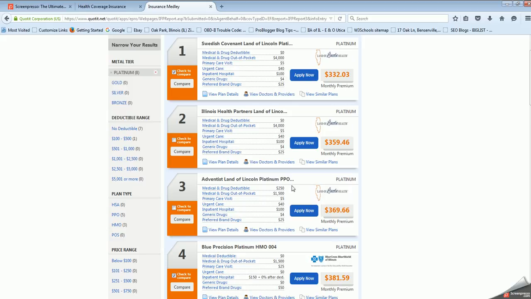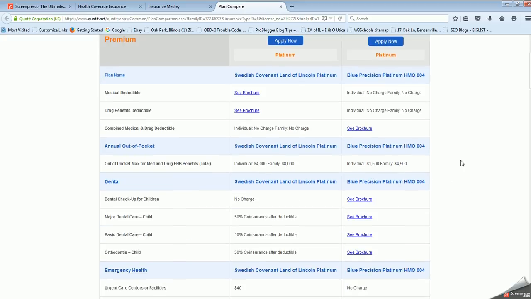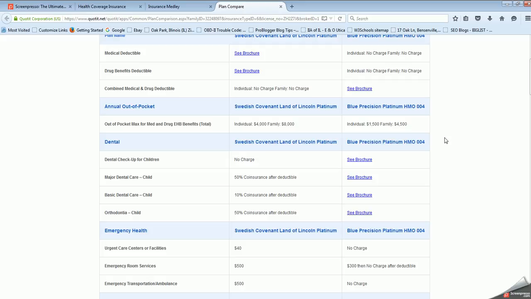If you want to compare the different plans, let's say you pick a Blue Cross Blue Shield and a Land of Lincoln plan, and we'll just click compare. The two plans will come up side by side, and it'll give you all the different types of information that comes with the plan. We understand this can be confusing and a little bit challenging. After you quote, or if you have any questions, you can call us as well about getting a plan, and we will help you find the right plan and explain the types of options that are available, because it is really endless when it comes to picking a plan.